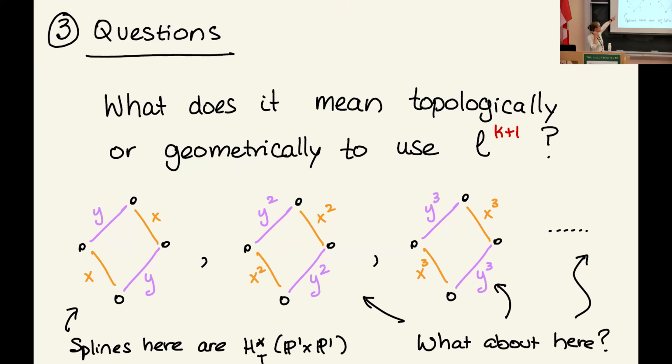So the splines on the very far left are the ordinary equivariant cohomology. And then as you move to the right, what's going on? Back to Matthias's question. It's super interesting. I don't have much to say here. I guess the one thing that I might add is that